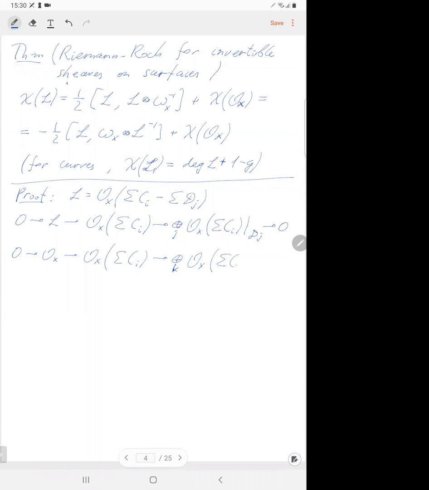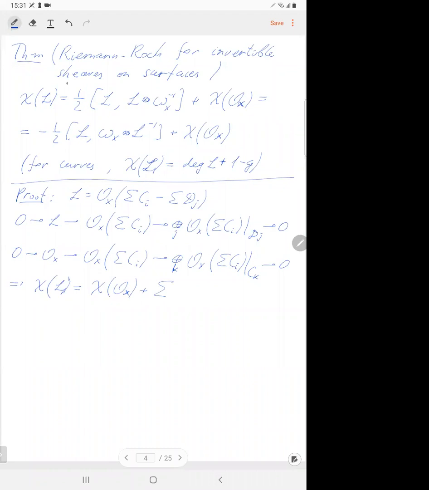Here it's sum of Ci's, but then I restrict to Ck's. From this, the Euler characteristic of L that we are after is the Euler characteristic of OX